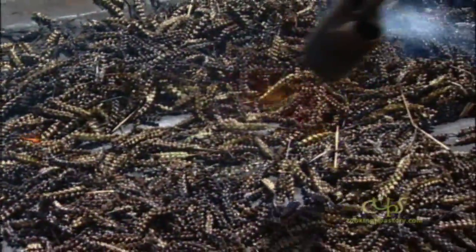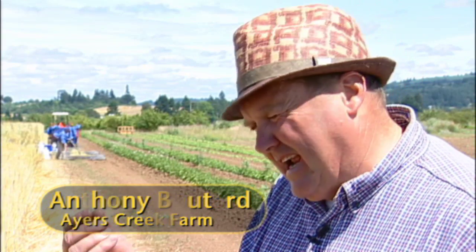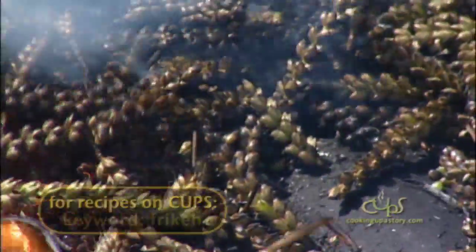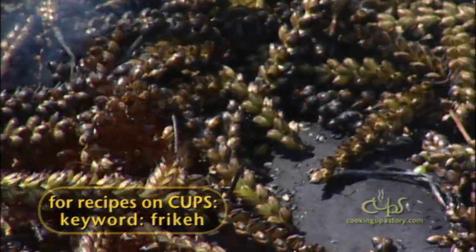We like to get it between that milk stage and what's sometimes called the soft dough stage, where it's still white and kind of soft and spongy. The traditional way of looking at it is you go out in the field, peel the grain back and give it a squeeze. If you get just a little drop of milk at the top, that is ideal for frikeh making. And then the result will be this lovely jade green grain that has just a bit of charring on